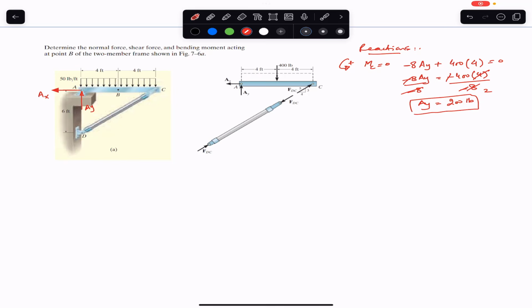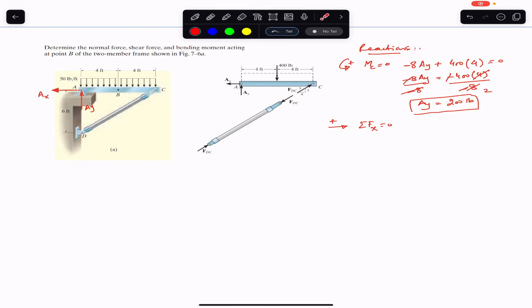Similarly, if we apply the summation of forces along X, that must be equal to 0. Towards the right is our positive horizontal direction. Now to find the summation of forces along X, we have to resolve this FDC into its components,